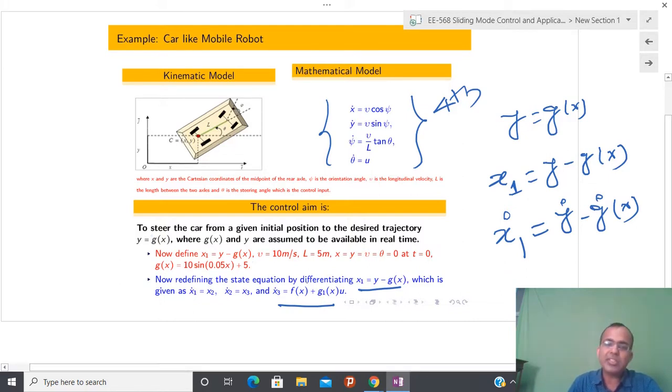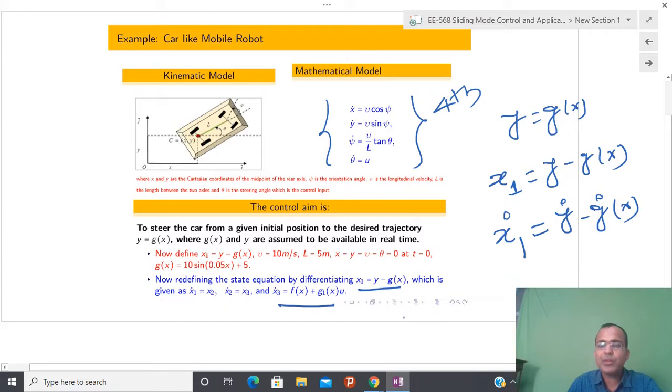And after that, with respect to that path, we are going to express everything, because somehow I have to maintain that path. In order to maintain that path, we have to make sure that the error between y and gx should be 0. And how to make sure that the error equals 0? Just make sure of its rate. Due to that reason I am going to take the first derivative. Now x1, the error, is my output, then the second derivative, and after the third derivative I am able to get the control explicitly.